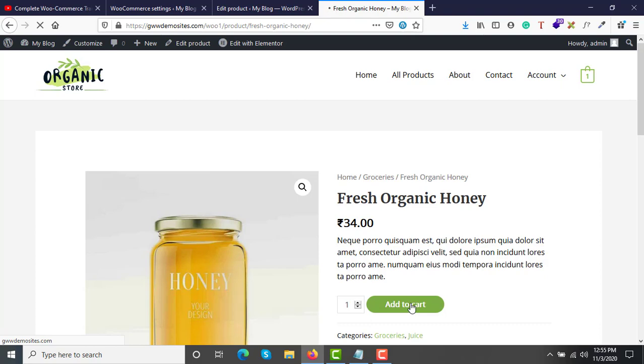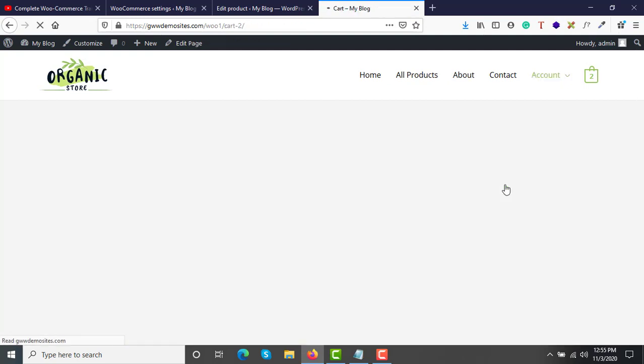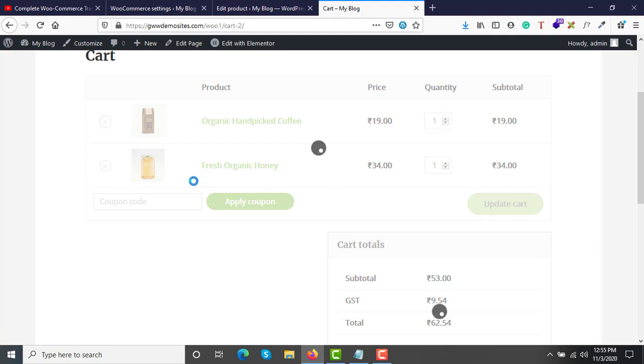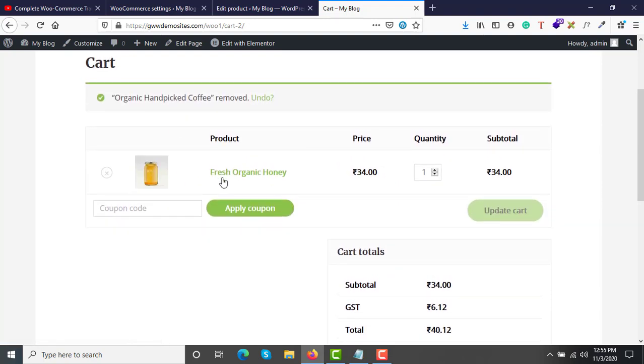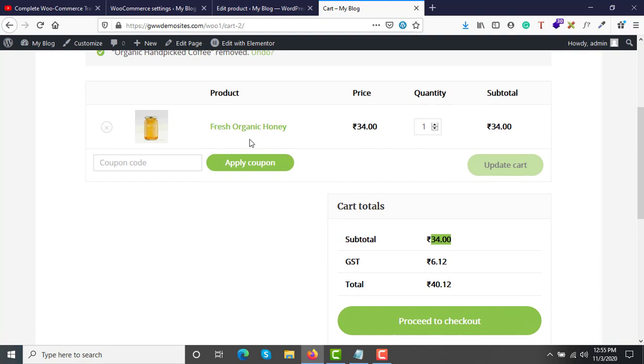Let's see if it is configured correctly or not. Go to view cart, and then just to avoid confusion, I can delete this organic hand-picked coffee, because that is what we added manually, right? The tax. And here it's fresh organic honey, and let's go. You can see here that GST of 6 rupees is applied for this particular product as well, even though I haven't gone